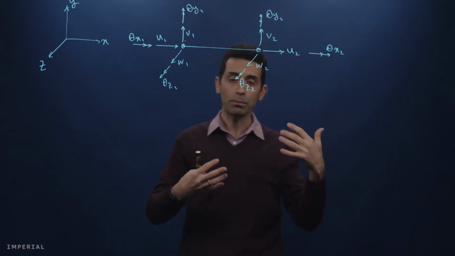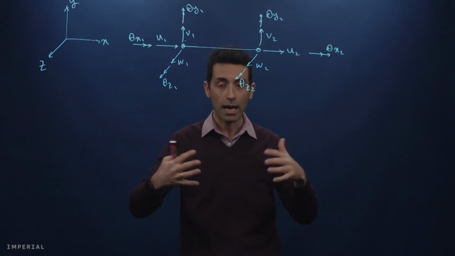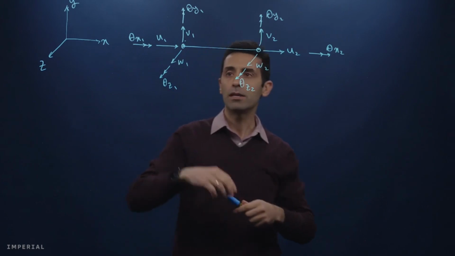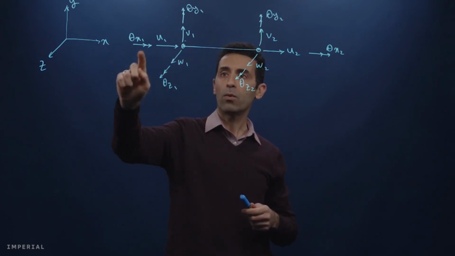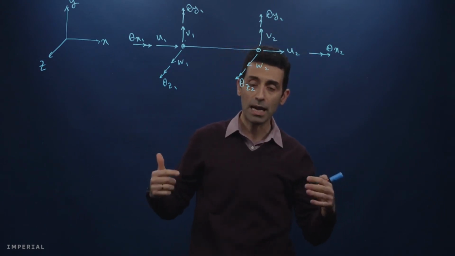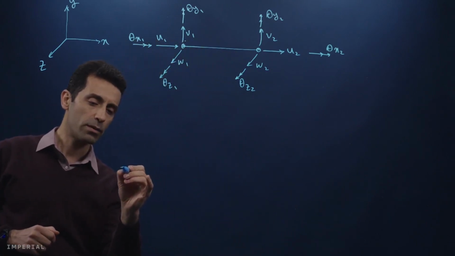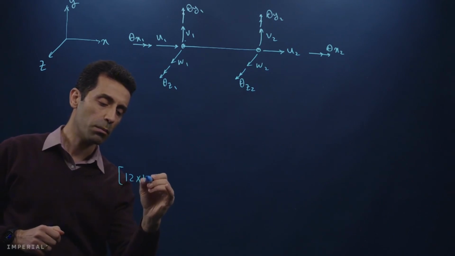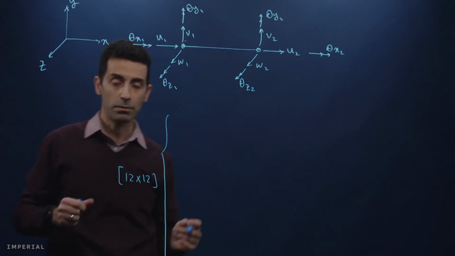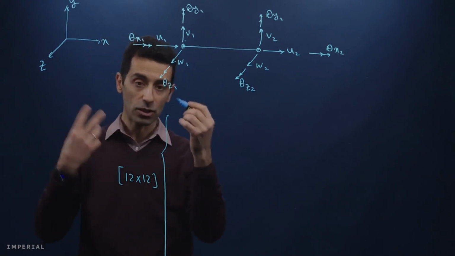So I can now start putting them into the element stiffness, element equation of equilibrium. So how many degrees of freedom do we have here? So 1, 2, 3, 1, 2, 3. So 6 degrees of freedom at node 1 and 6 degrees of freedom at node 2. Therefore, our beam element has 12 degrees of freedom. So the element stiffness matrix, you can imagine it will be a 12 by 12 matrix times